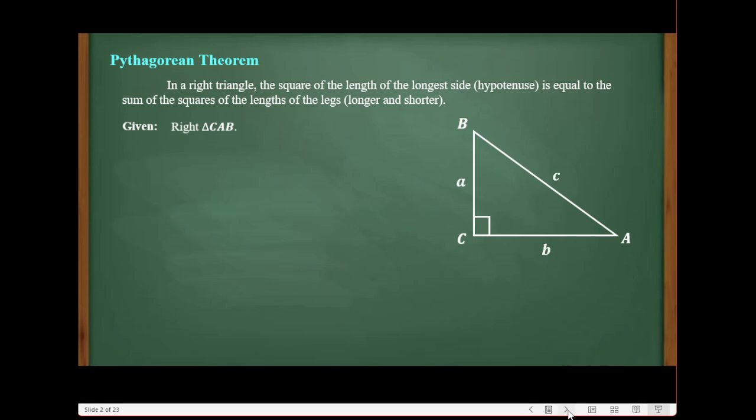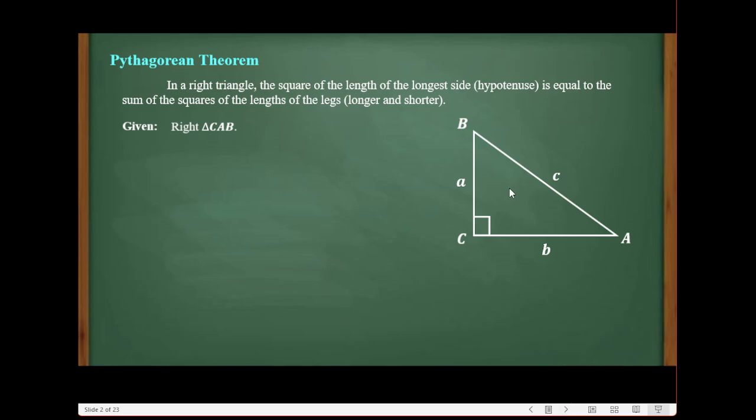Each of these three sides is denoted by small letters that represent the length of these sides. Again, in this figure, the right triangle, we need to recall